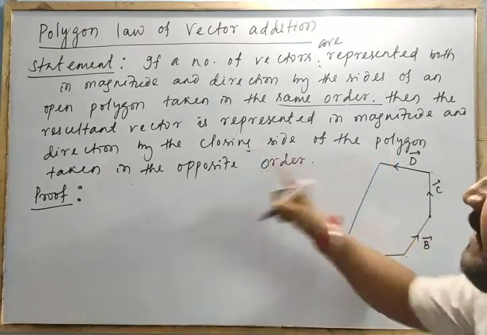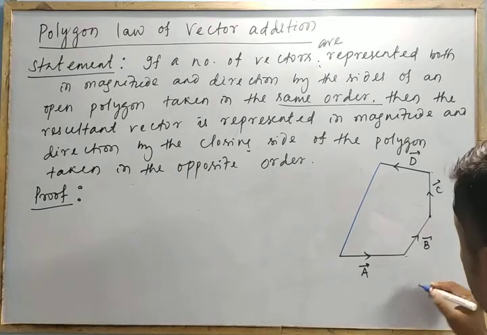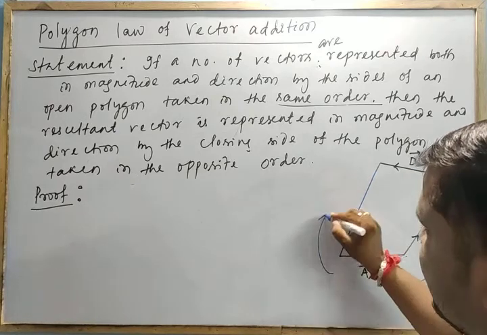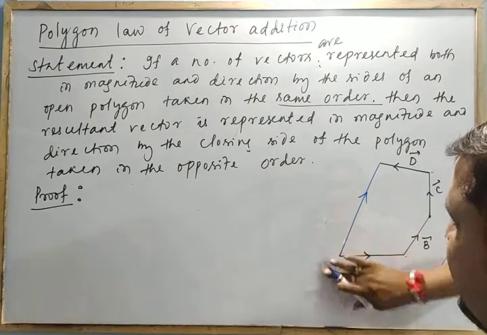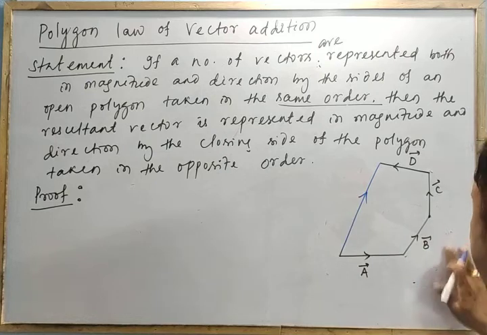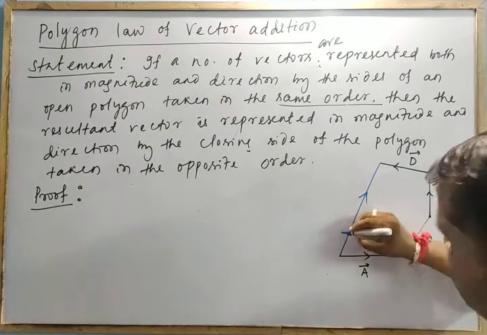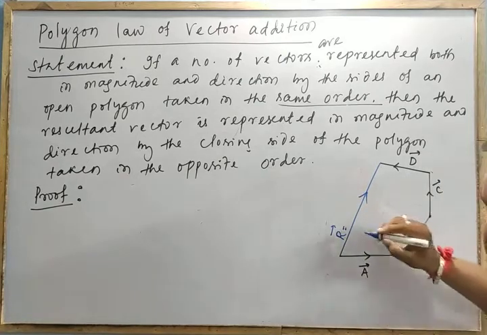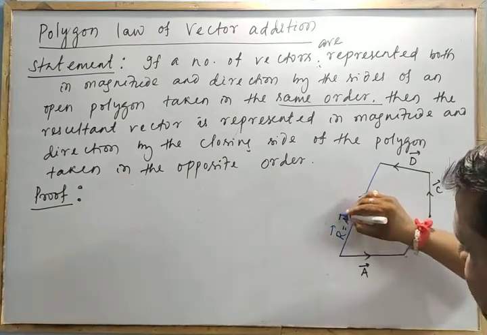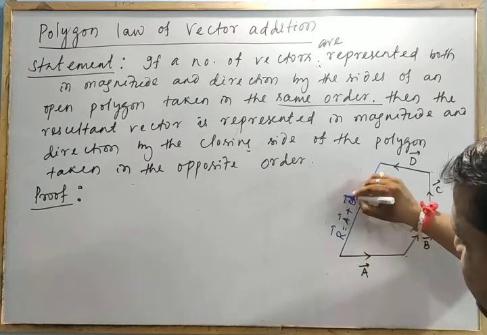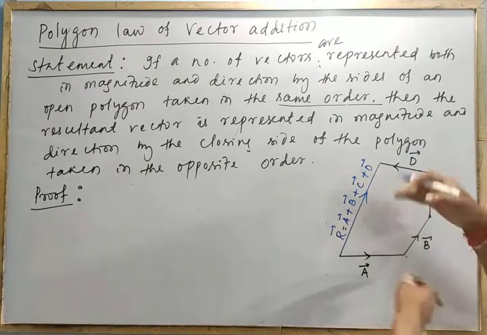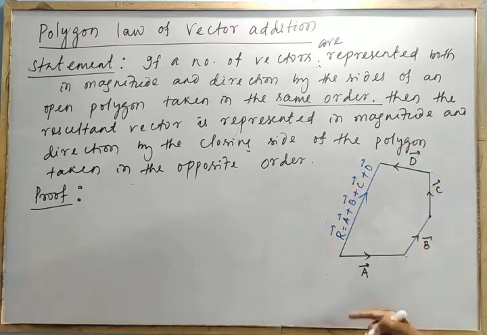Taken in the opposite order. So they are going along this order, and this is opposite, means it is like this. So this is the resultant R. Isn't it? So this is my resultant R. And what do I have to prove for this R? R should be equal to vector A, B vector, C vector, D vector, resultant. Remember, I am using the vector symbol. If five vectors are given, another vector, then the resultant is like this. Clear? So in that way, we have to find it.